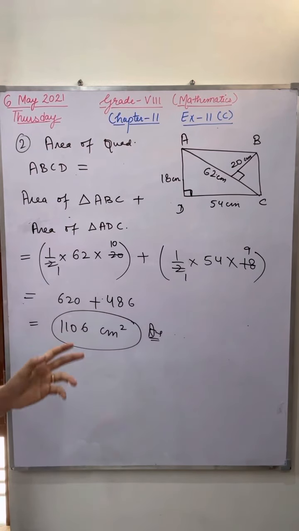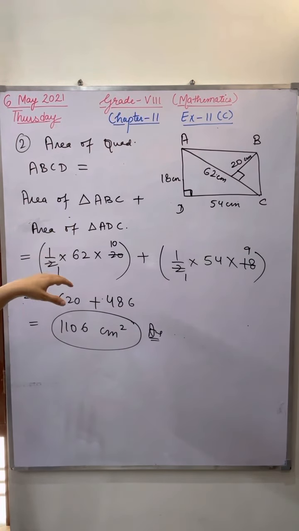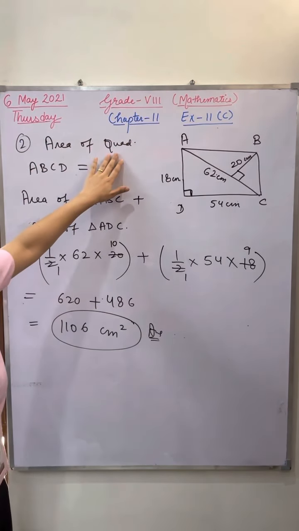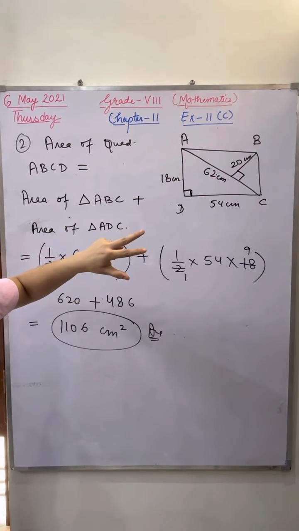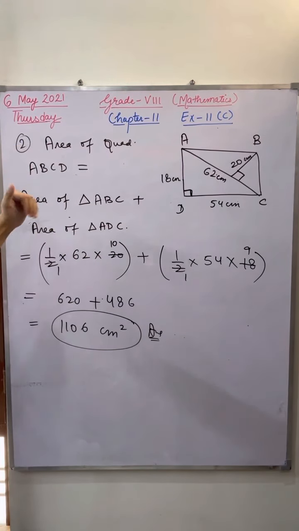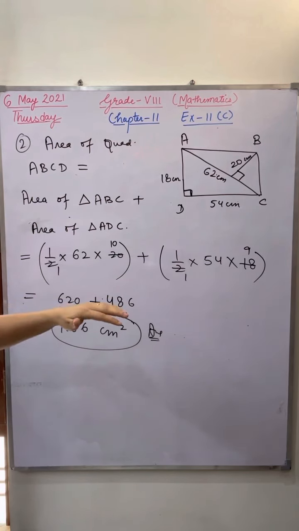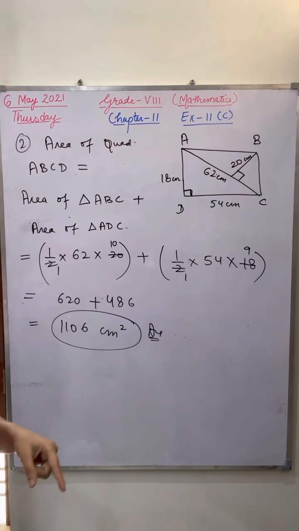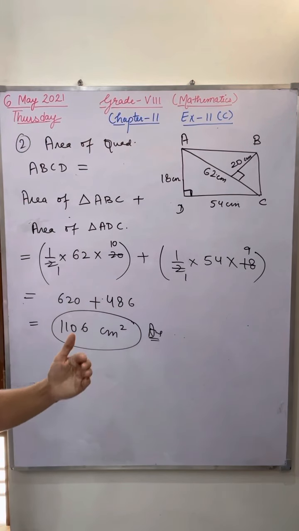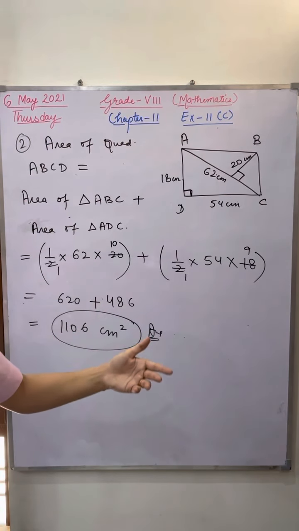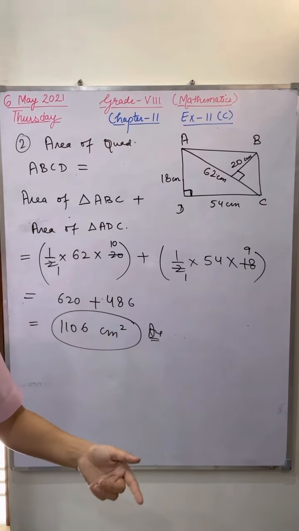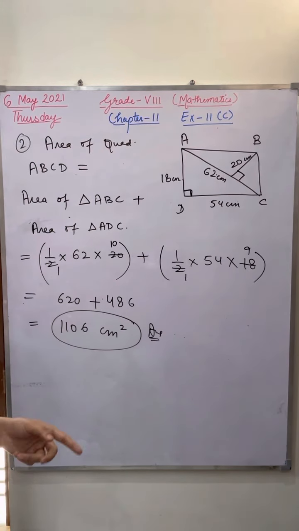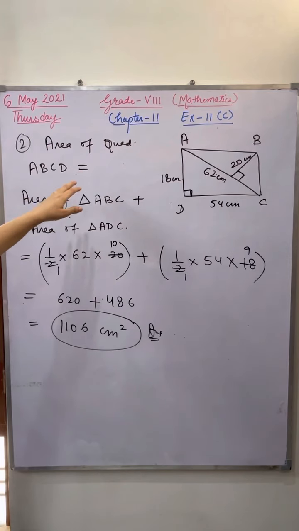Okay. In the first two questions, you have to take out the area of a quadrilateral. After the second question, the other questions are different. There you have to predict some different shapes. Might be they will be lengthy. There you have to apply the Pythagoras theorem, might be some other property or identity. So the first two questions are very easy, based upon the area of a quadrilateral.